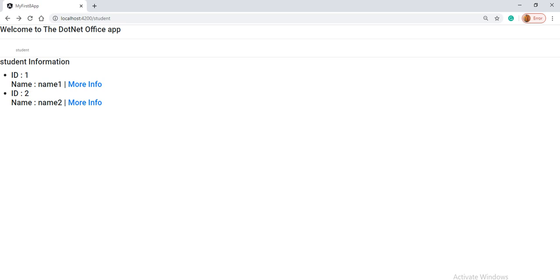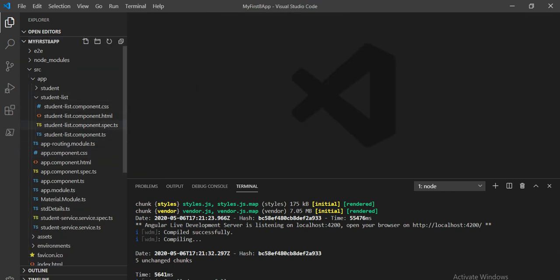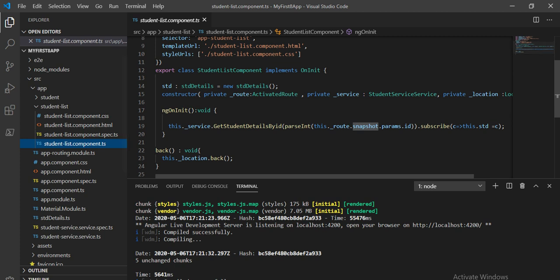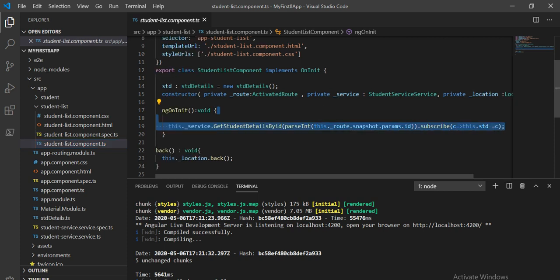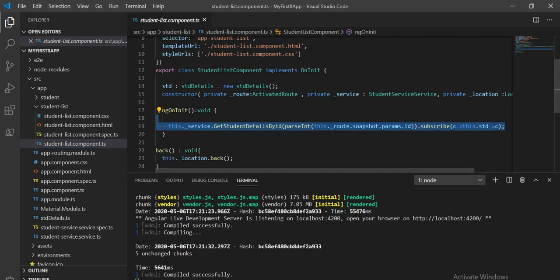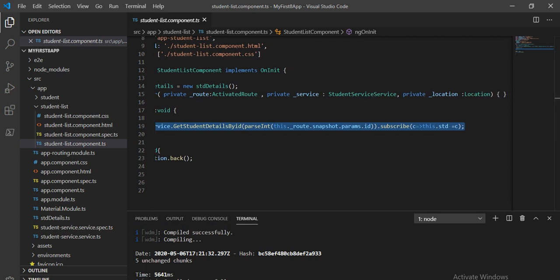Now what I will do, let's go to Visual Studio. Currently we are passing only one data here. Now we can pass multiple data as well using get and get all. As I explained, get only takes one parameter and get all takes the full parameter. So that we are going to show now.